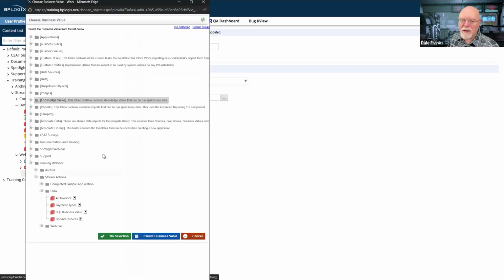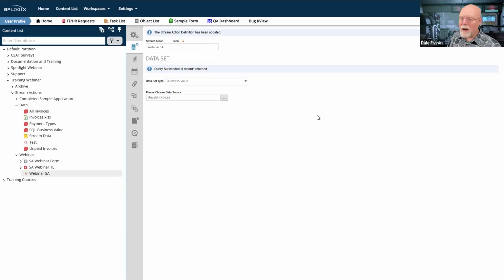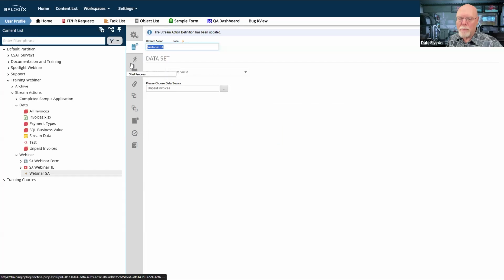And for that business value, you will simply choose, in this case, the unpaid invoices query. And now we just have the data that is in our business value. And once again, I'm just going to go ahead and update from this point.